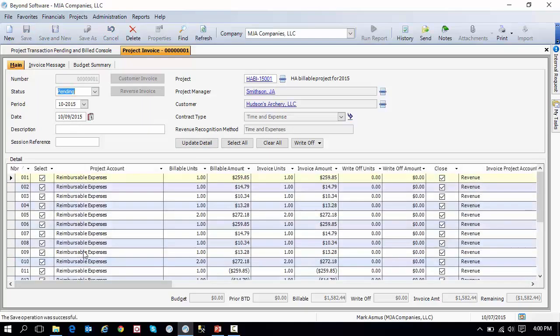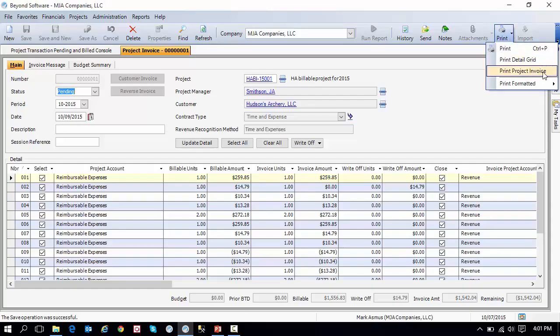If there's a particular item that I don't want to bill, I can always unselect it and save it for later. Or if there's something I need to write off, I can simply write it off on the fly here. Again, if I'm happy, I can save again. And I can preview what this is going to look like. The invoice is still pending, but I can already take a look at what my invoice is going to look like. So if I print my project invoice,